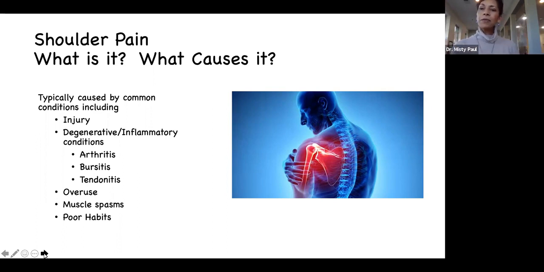Another problem that I see quite often is as you're driving along, you might be prone to leaning back with that right arm and trying to grab things out from the back seat. So overstretching the arm can give you shoulder pain as well. And that's what we sort of mean by poor habits. Look at the things that you're doing and how you're using those joints to see if you're possibly overstretching and injuring that area.